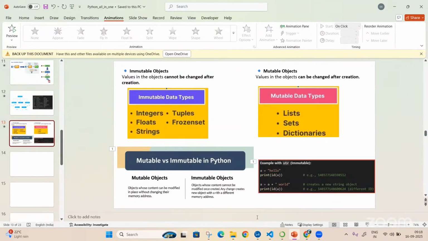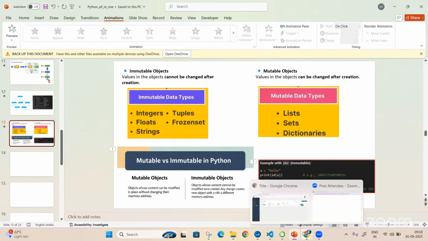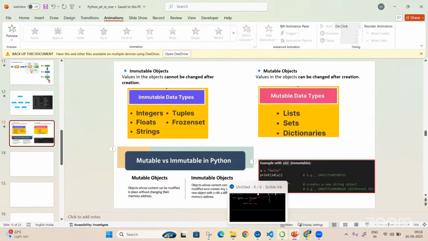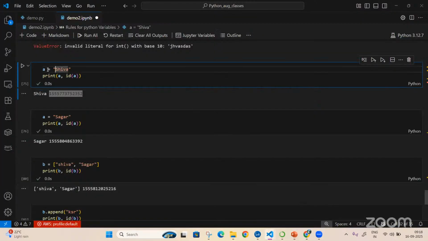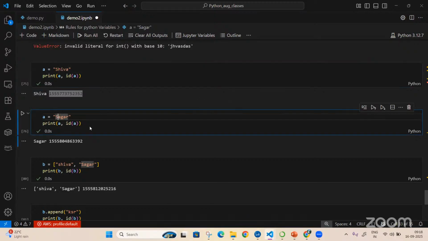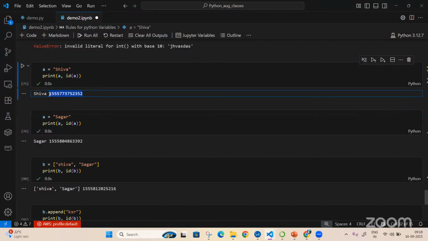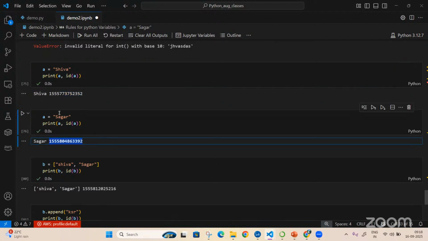You shouldn't do that one, right? See, what I'm saying is, it is again allocating one more location for the new value. You are changing a value for A. First, I said this, and I'm changing it to a different value at that time. It is not changing. It would not have gone and changed at that particular memory location. It created a new memory location and it is assigning. Whereas this, it will be removed.